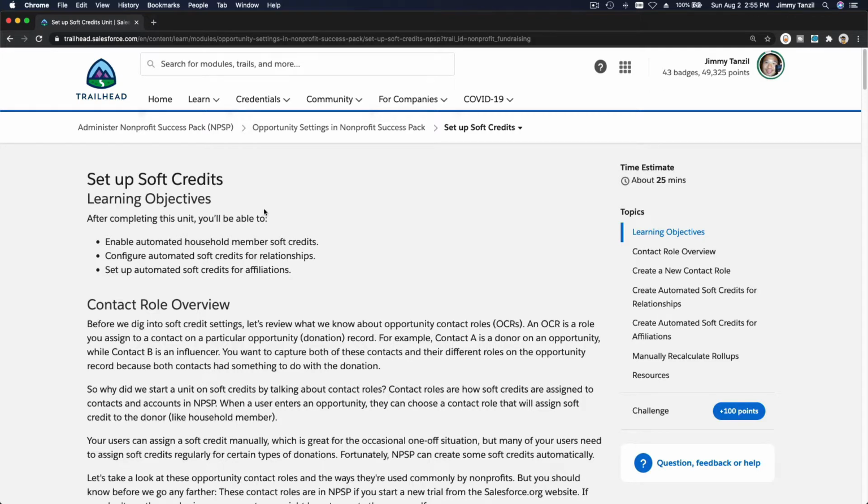We want to know who is responsible to bring in this opportunity to the organization. So we want to know who is bringing in, fill in the blanks. Who is bringing in the volunteers? Who is bringing in the money for fundraising? Who is bringing in, fill in the blanks, whatever your organization is doing. So for example, if you are doing